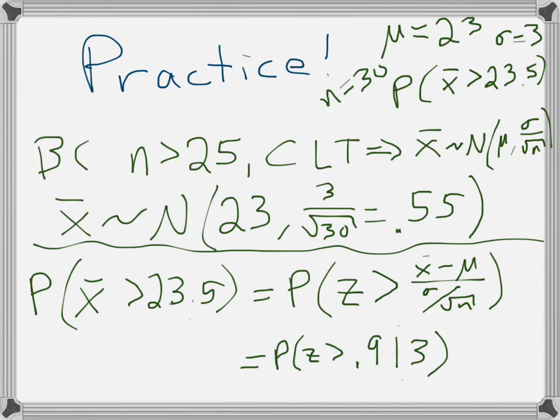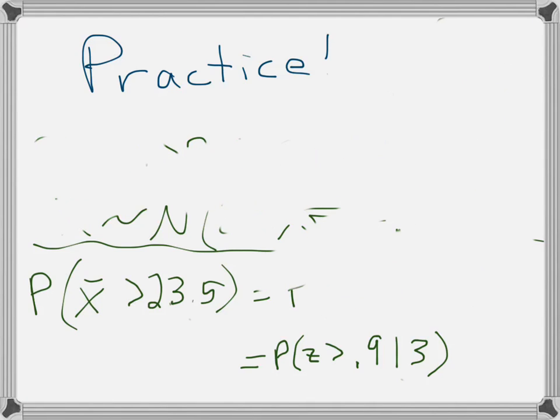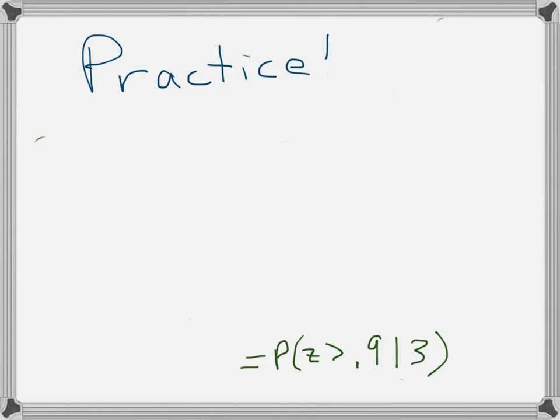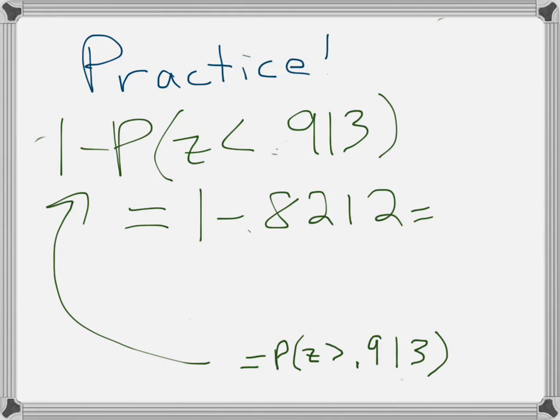So use your Z table, and let's get rid of this stuff and figure out that probability. That's 1 minus the probability that z is less than 0.913. And you use your z-table, look for a z-score of 0.913. That's going to be in the positive half. So I'm going to look at 0.8212. That's 1 minus 0.8212. So that's 0.1788. So that is the probability that a group